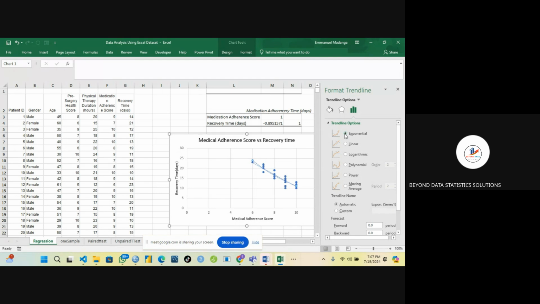Which model fits the data. You can change and be able to understand which model really fits the data. You see? So for our case, it's linear. The data is linear. That's why linear becomes the most appropriate model